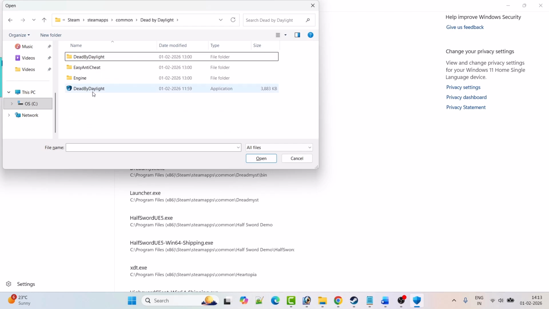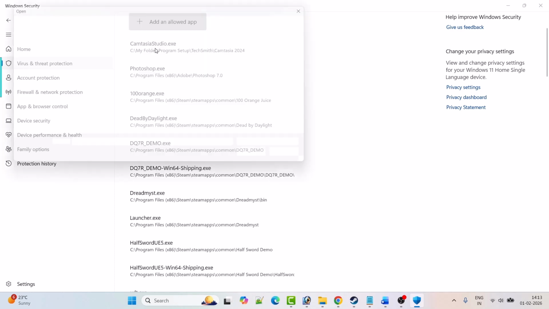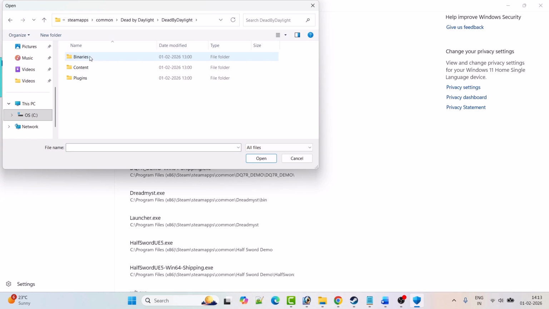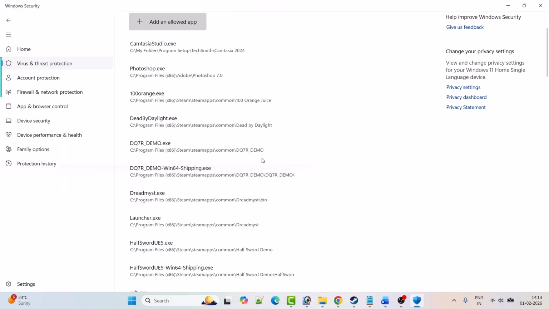Select this Dead by Daylight exe file and then click open to add it to the list. Again click on add an allowed app, browse all apps, open Dead by Daylight folder, binaries folder, Win64 folder. Select this Dead by Daylight Win64 shipping exe file, then click open. Now go back,